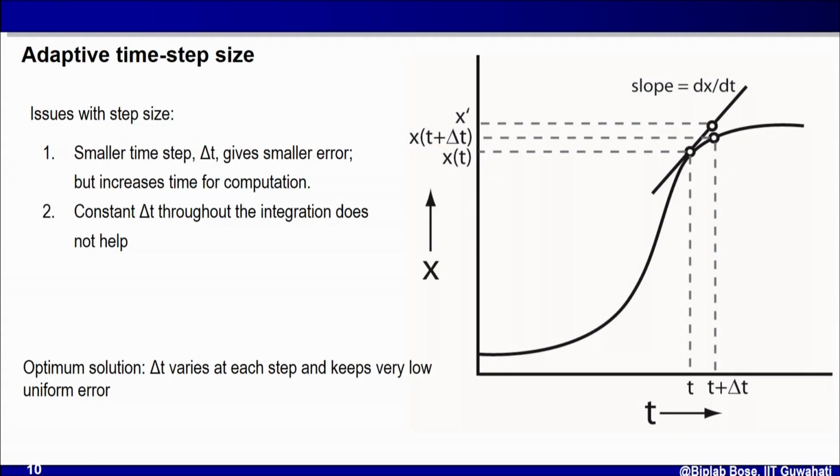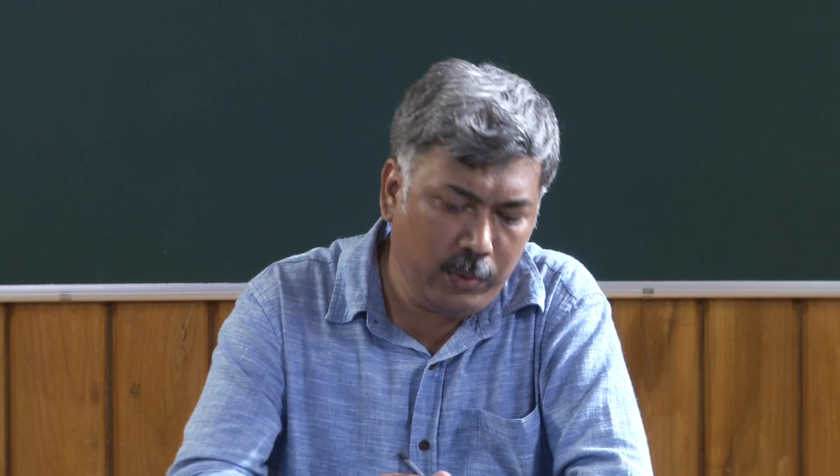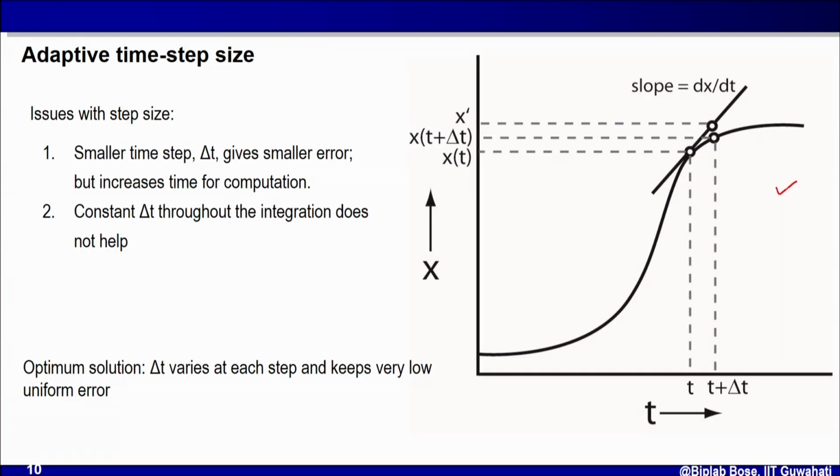Now, there is another issue. In this whole algorithm, whether it is the Euler's method or the Runge-Kutta method, if you have noticed, I have used a fixed value of delta t for my whole calculation. But look at this graph shown in this slide. The same plot for the spread of infectious disease model that we have. So you have time in the horizontal and x in the vertical axis, and this solid black line is a function of time. X is a function of time.